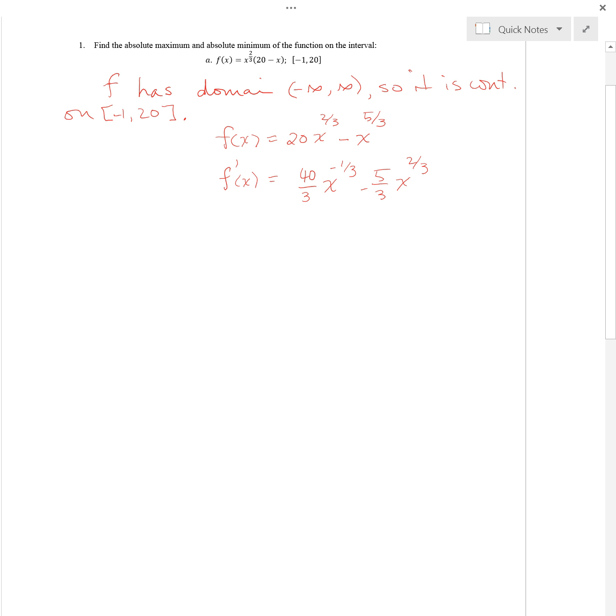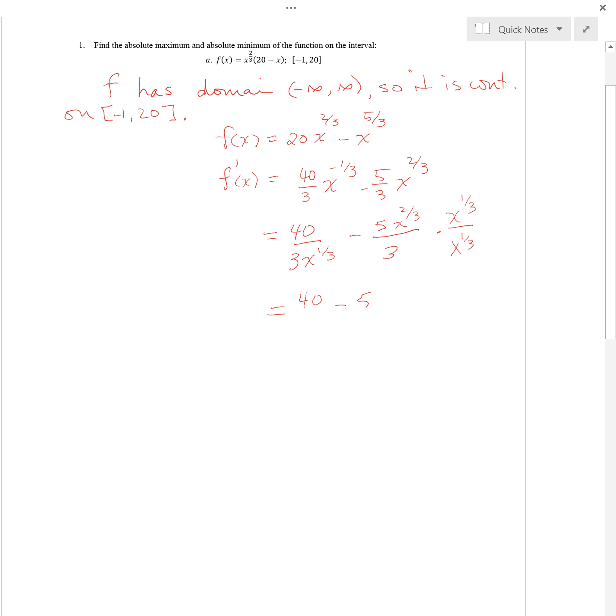If I rewrite that, that would be 40 over 3x to the 1/3 minus 5x to the 2/3 over 3. So to get a common denominator, I have to multiply the second fraction by x to the 1/3 over x to the 1/3,